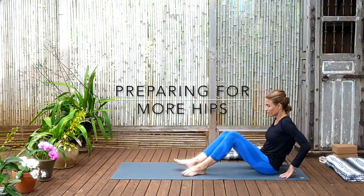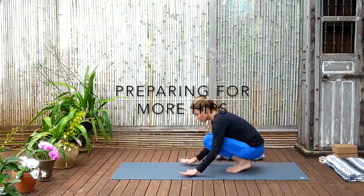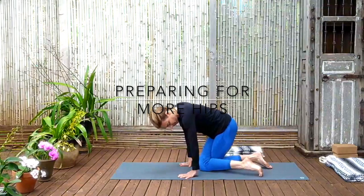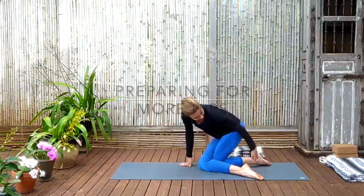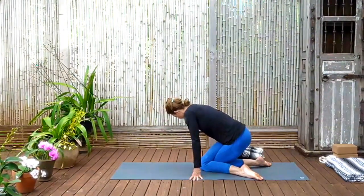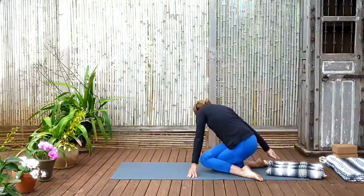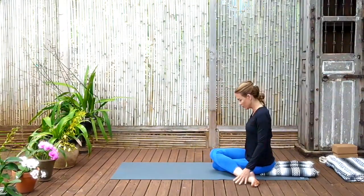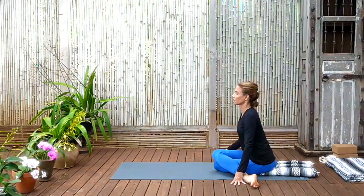We're going to come to Yoga Mudrasana Gomukhasana 3. So cross the left knee behind the right, widen the feet apart, and you're going to sit between your feet. If you have tight hips, you may want to sit on a blanket or a block. If not, sitting right on the floor. And then once you've found your place of comfort, begin to walk the fingertips forward and again find the stretchingness